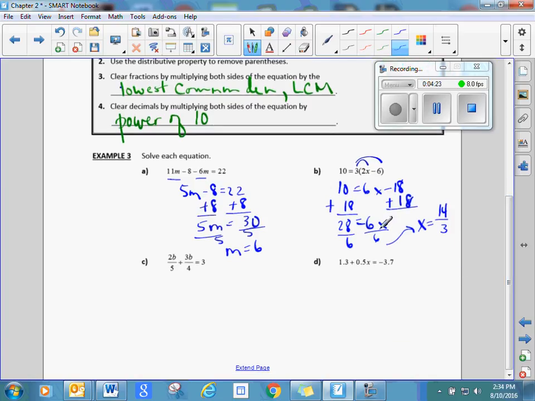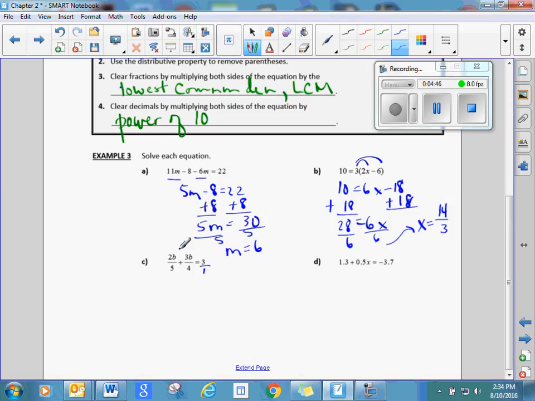If you don't simplify it, however, you really don't have the correct answer that we're looking for on a test or a quiz. Let's talk about number C. Now we've got some fractions. 2 over 5 is a fraction, 3 over 4 is a fraction, and 3 over 1 is a fraction. In order to get rid of these fractions, to clear them